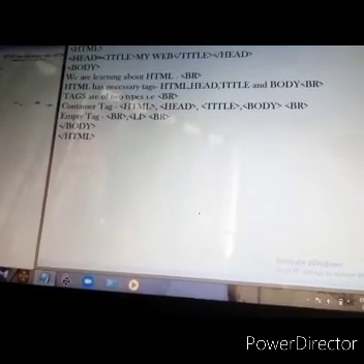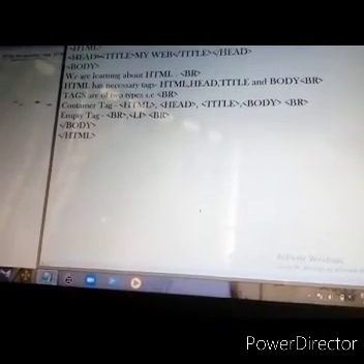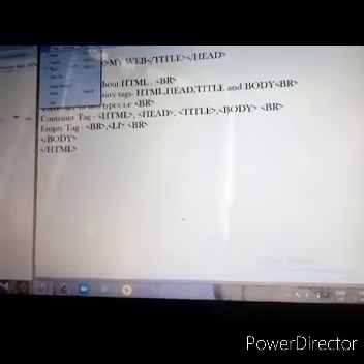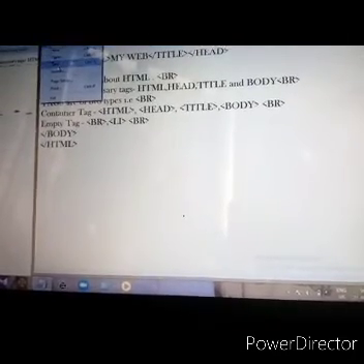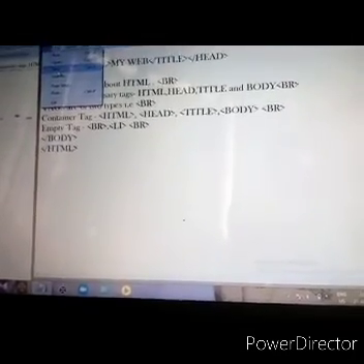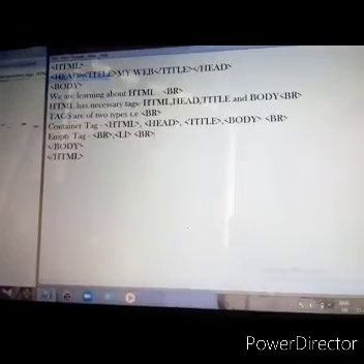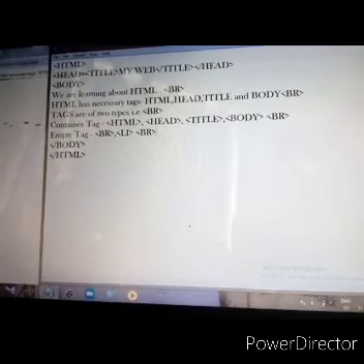Is it clear? So again I have to save the file. Once you have saved it as an HTML file, we don't have to go to the save as option. We can simply save it from the save option. The very first time you have to use the save as option, and the next time you can use save. So once again I am saving the file. I have saved the file, and again I want to refresh it. Once I refresh, what do you see?